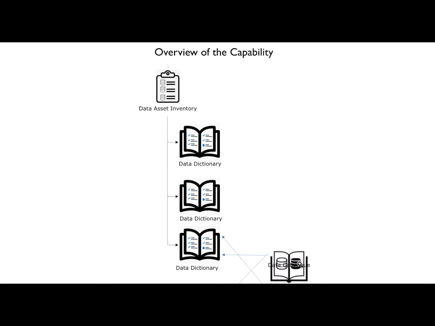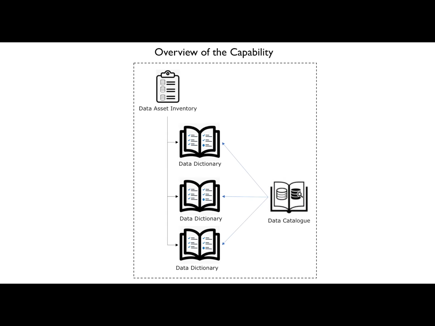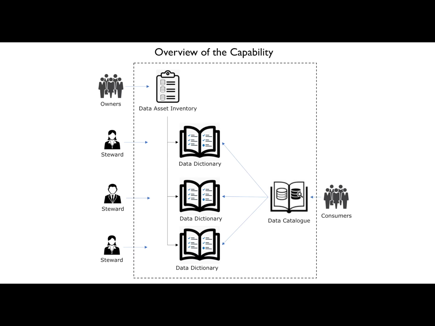Maybe, as we'll talk about in a sec, we want to have this all together under one tool. Definitely don't need to, but would that be beneficial as a simple central place for everybody to understand data? And if we do have it in that one tool, that means that we can have the same place that stewards go to manage their data, the same place that owners go to understand the data and the coverage that they have, and finally for the consumers to actually come in and get access to the data they need quickly